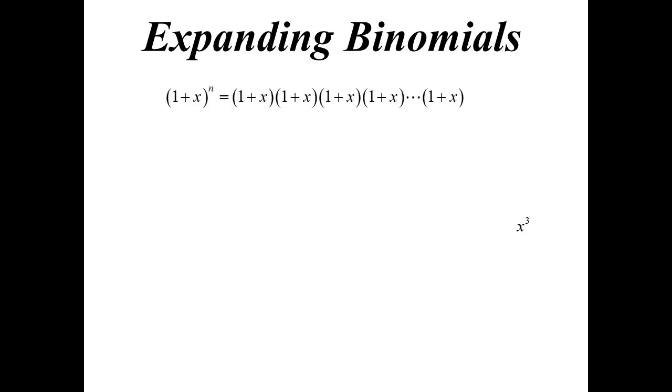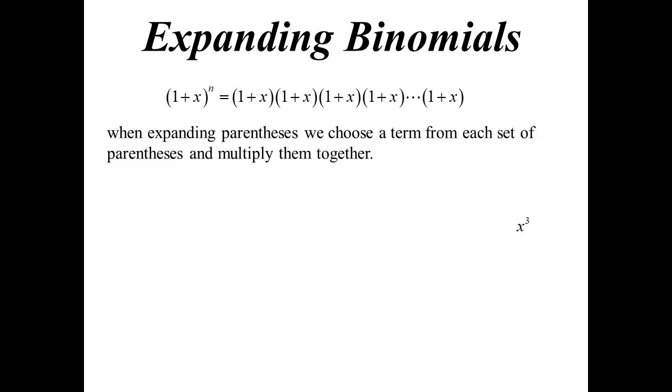If I've got (1 + x)^n, then I know I'm multiplying 1 plus x by itself n times. So (1 + x)(1 + x)(1 + x)(1 + x), and so on and so on. Now, when we expand out parentheses, what we basically are doing is choosing one term from each of those parentheses and multiplying them together. And then we have to come up with every possible combination,